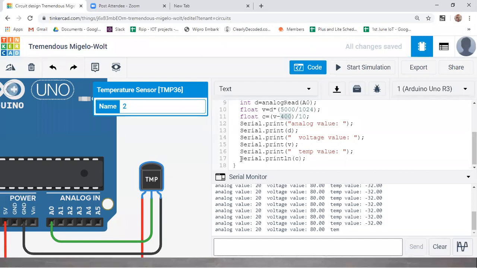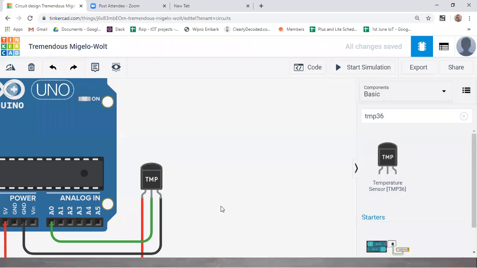You need to place a thermometer beside that, and you need to increase the temperature as well. Note down the voltage values, and noting those voltage values, you can design your own formula, guys. That would be better in real-time cases. So this is about the temperature sensor, guys.